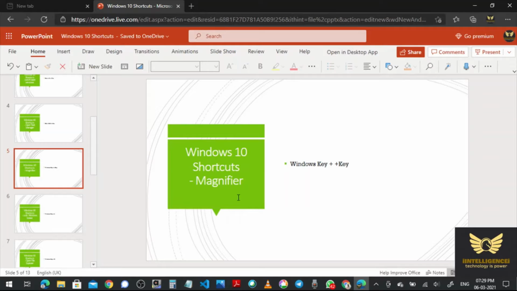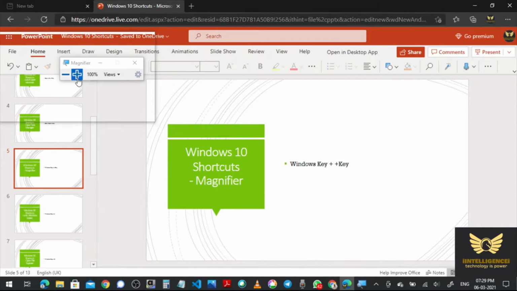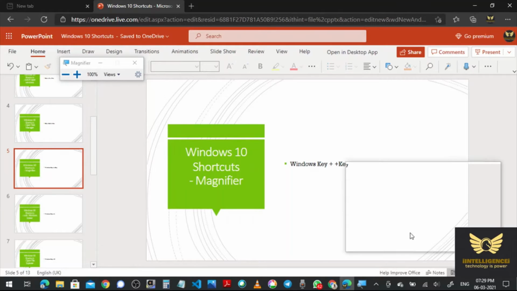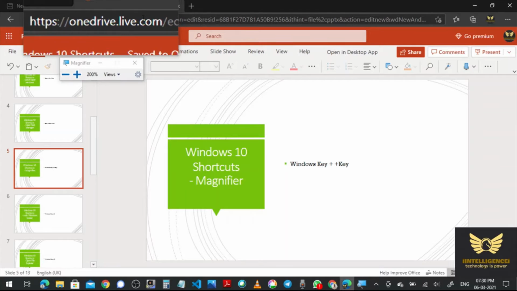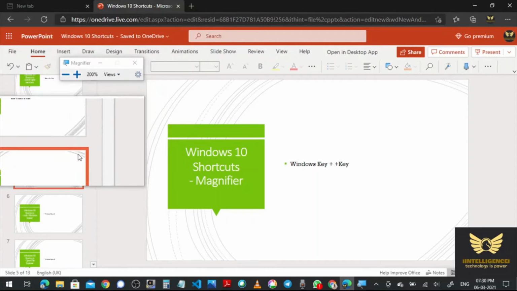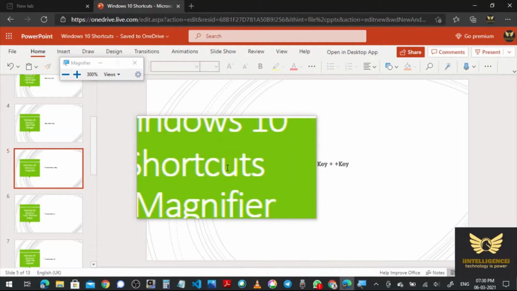Next is the Windows key plus Plus key. It will open the Magnifier. Normally you will see it at 100%. You can go to 200%, 300%, 400% and view it. Once you click this Windows key plus Plus key, the Magnifier will open. Once this is done, you can move the screen anywhere and then press Windows key plus Plus key again. That will zoom. See here, yeah, that will zoom. See, now it is 200%. Wherever you place, you can zoom it and see.